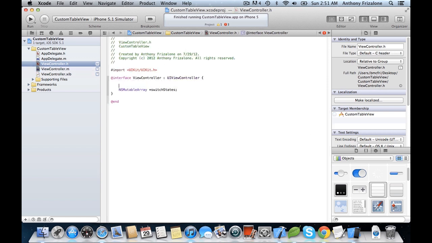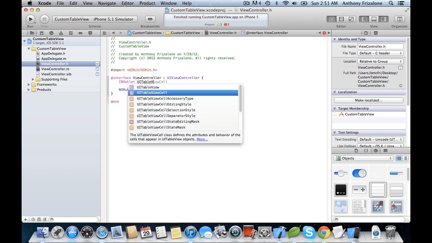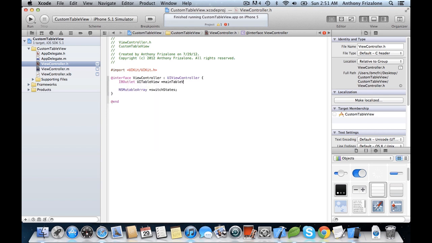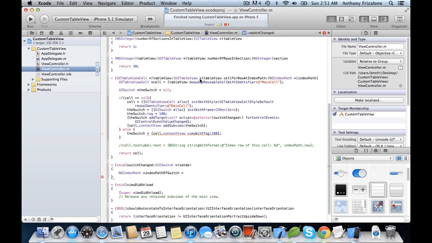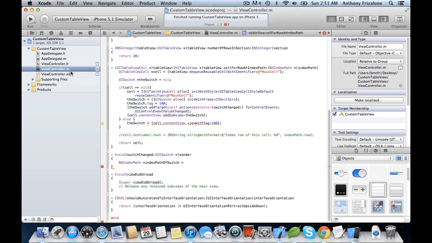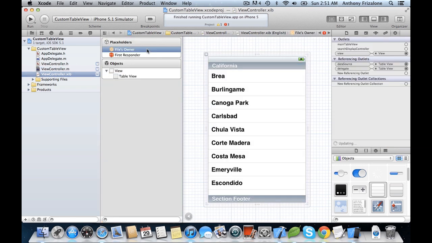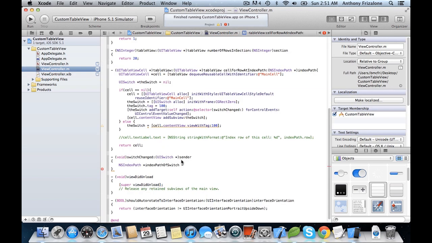So we need to add an IBOutlet here in our .h. I'm going to call it mainTableView just so that there's no confusion for the compiler since we use tableView in all these methods. We'll connect that. I did that by right-clicking and dragging. Okay, so mainTableView,